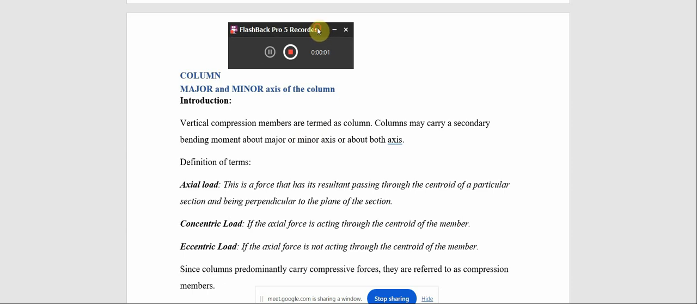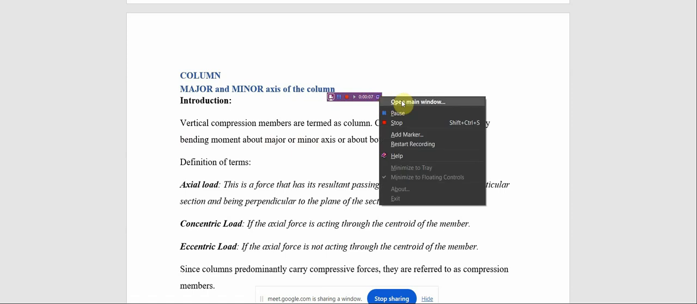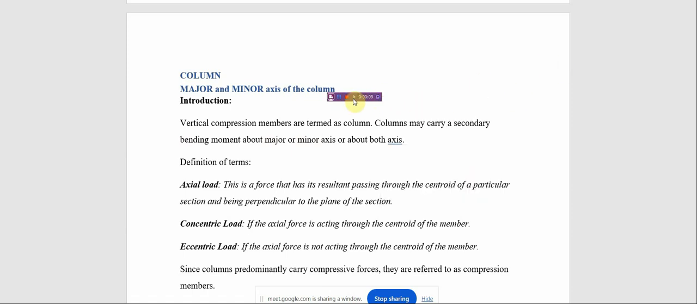Column design. We all know that vertical compression members are termed as columns, and for this column that we're talking about, the loading